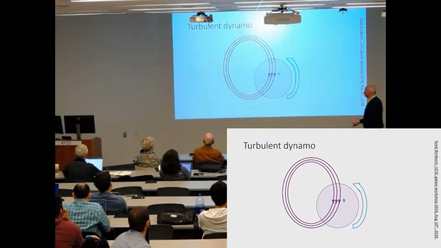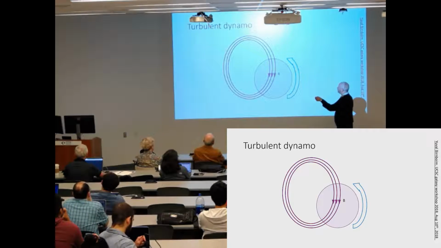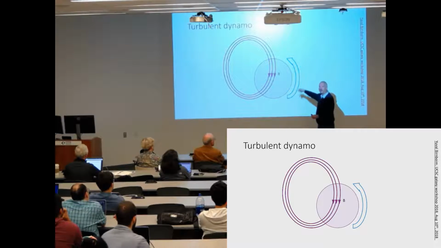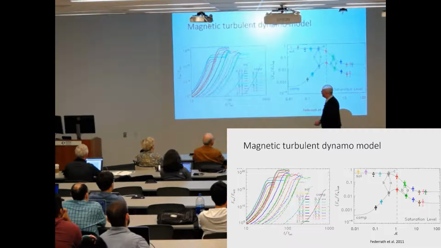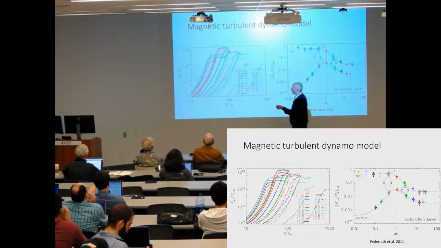So the idea behind dynamo is that if we have magnetic loops, and we take some portion of it and start winding it, we'll actually increase it on an exponential scale. And this has been shown. That's the energy in the magnetic field as a function of the eddy turnaround time, and it grows exponentially until